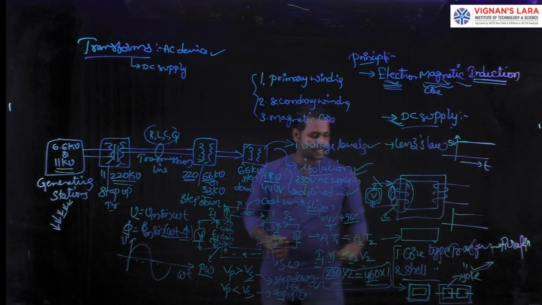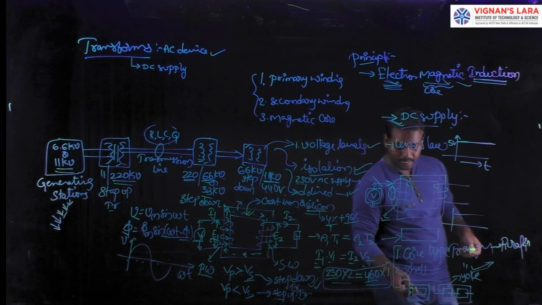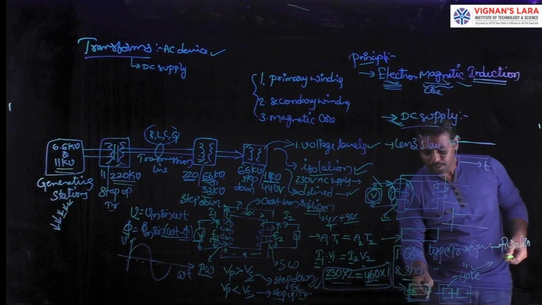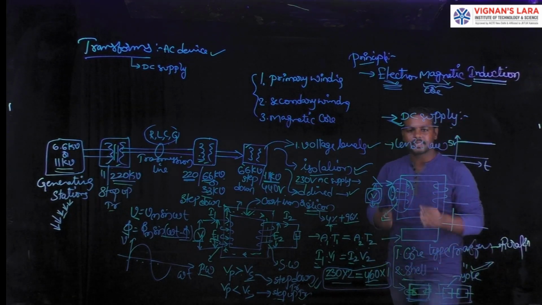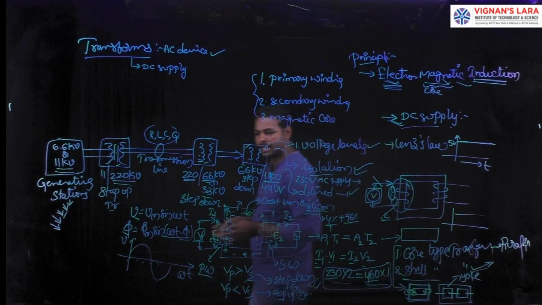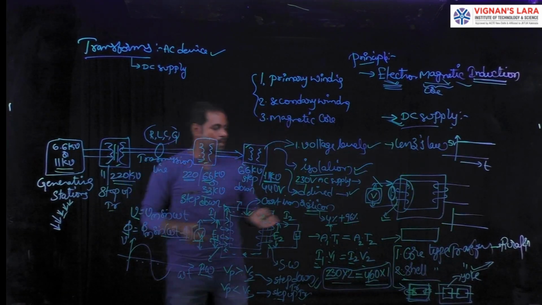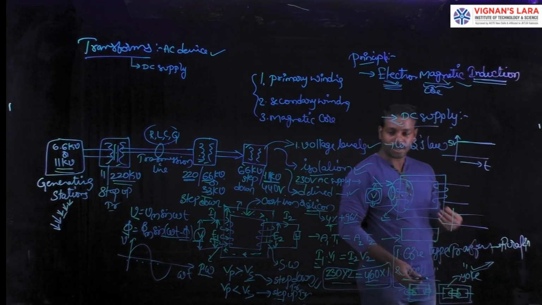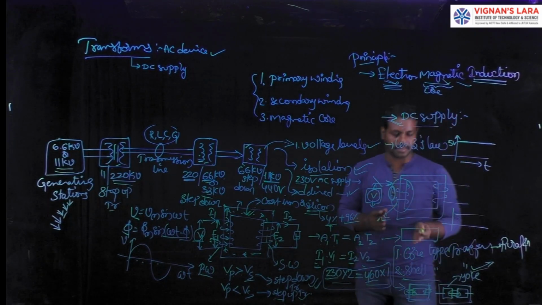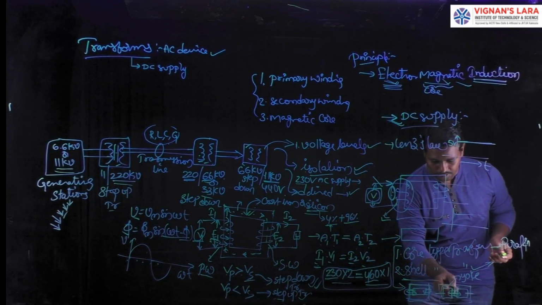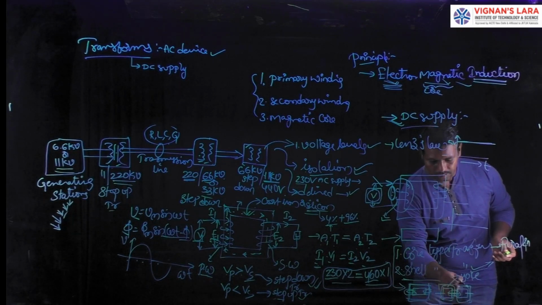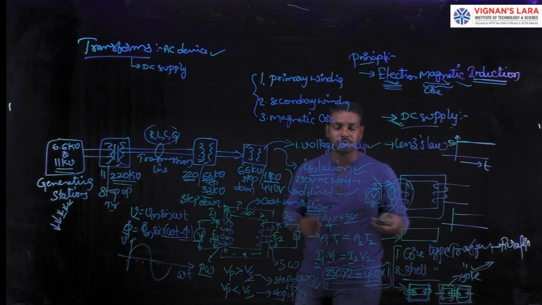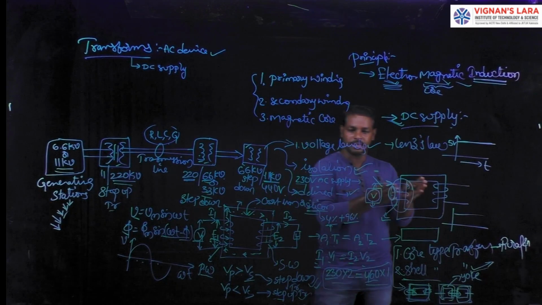Voltage levels and construction oriented differences: in a core type, primary and secondary windings are placed on each and every limb. But in a shell type transformer, the central limb only carries the windings, either primary or secondary. Because of this it provides double the flux, which passes through this path and this path. So two directions of flux pass through the center limb, and that's why a huge amount of flux is linked with the primary as well as secondary winding.